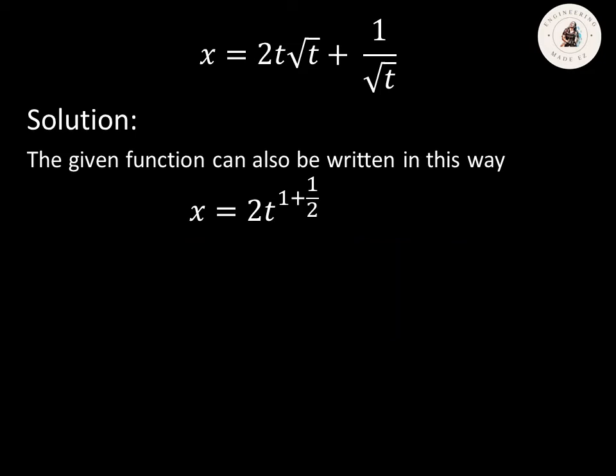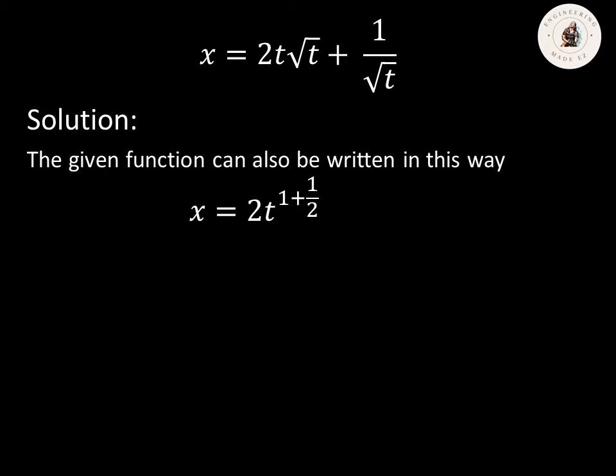So in our case, here in the given, we have 2t multiplied by t raised to the power of 1 half. So if we simplify that, it will become 2t raised to the power of 1 plus 1 half. For 1 over square root of t, transforming that into an exponent, we have to recall